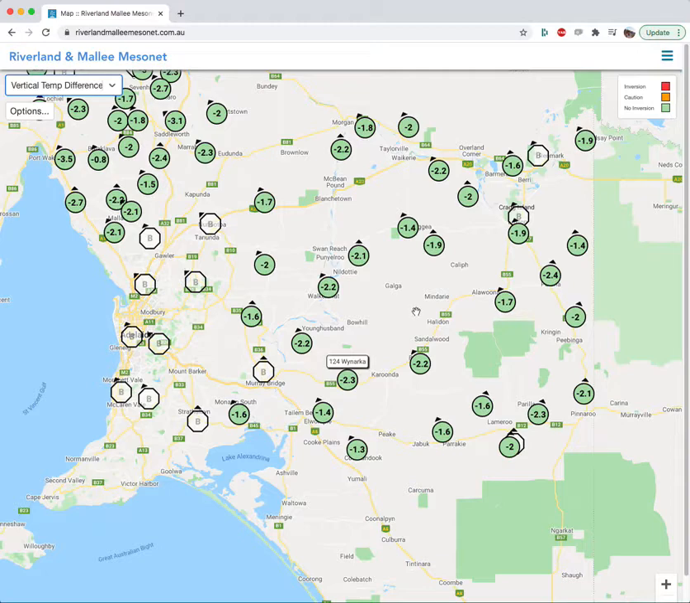There are multiple variables which can be looked at on the map screen, all with their own color coding. The main purpose of the Mesonet is to look at the vertical temperature difference, which reveals whether an inversion is present or not. This is what we currently have open on the screen now, and it is denoted by a